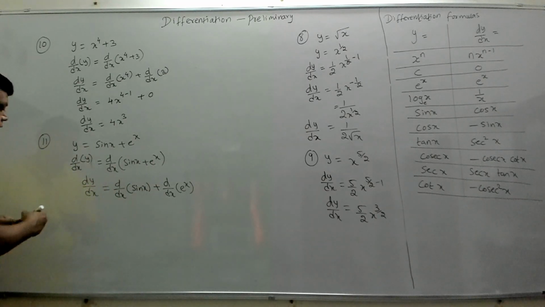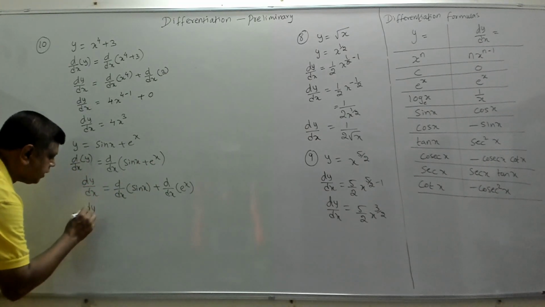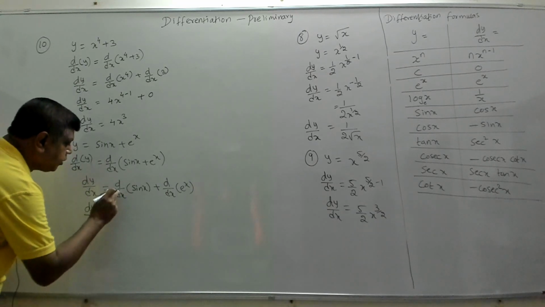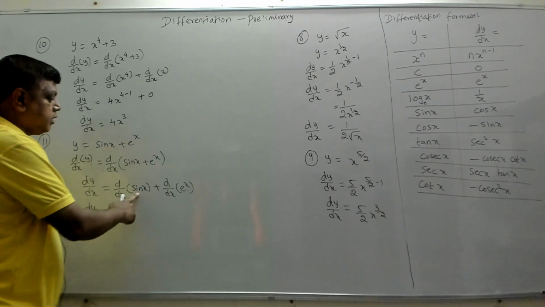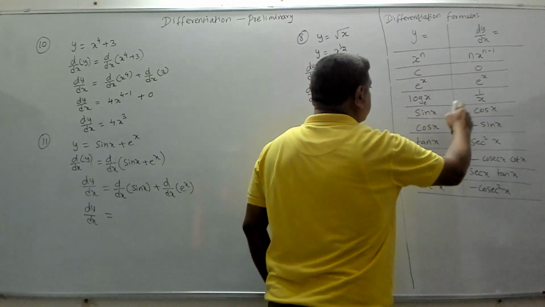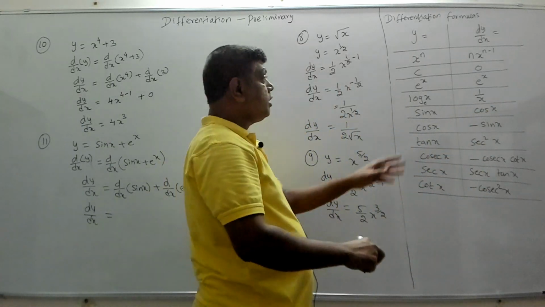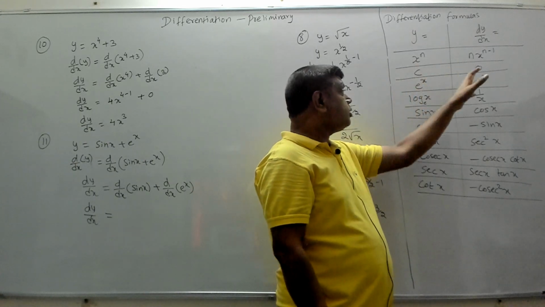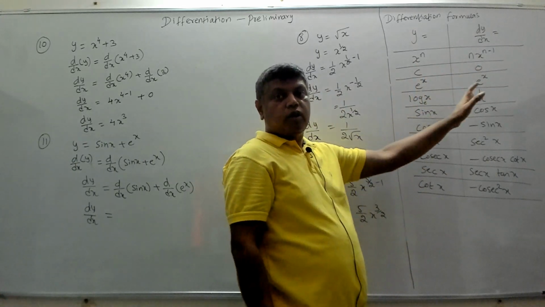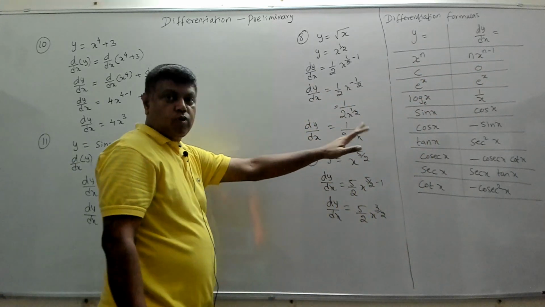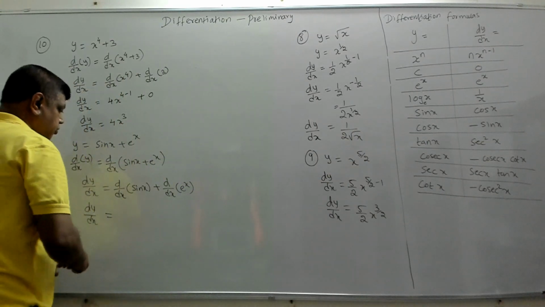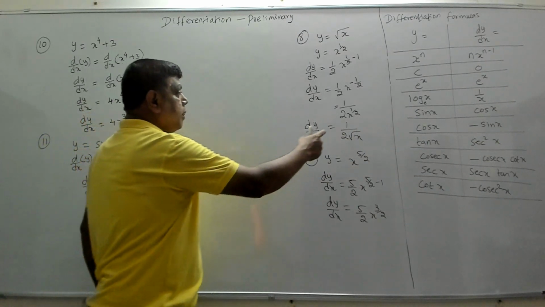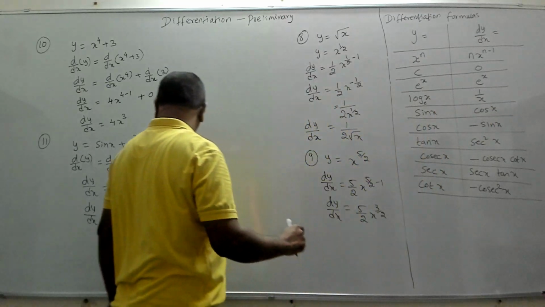So now what do we get? So this becomes dy by dx is equal to, now d by dx of sin x, differentiation of sin x. What is differentiation of sin x? Cos x. So you must remember these formulas. You should know x power n is n x power n minus 1, c is 0, e power x is e power x, log x is 1 by x, sin x is cos x. So all these you should know those formulas. So differentiation of sin x is cos x. So I'll put cos x